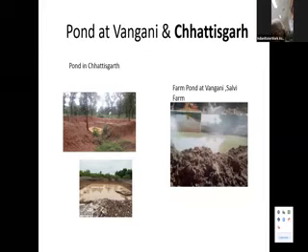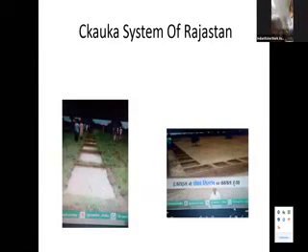Similarly, when we do consultation in an urban area, there also we say it's a 10% model. If 10% of the total layout or total land of the total city area is kept for harvesting the surface runoff of that city, then I think that will be a huge quantity. One can always calculate that: the area of a city into the annual average rainfall. That will give the total quantity.